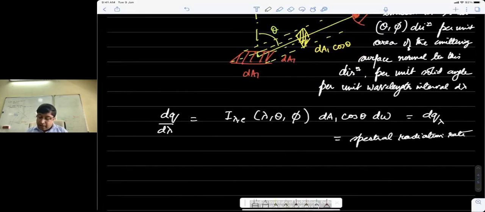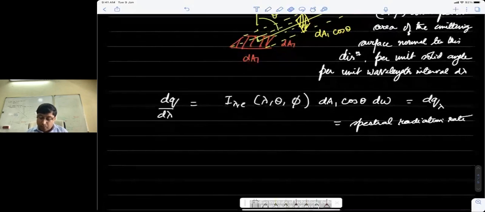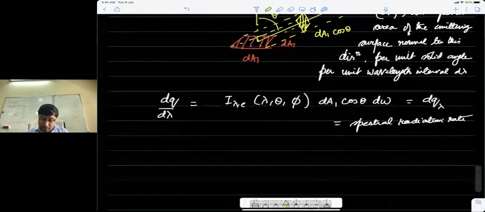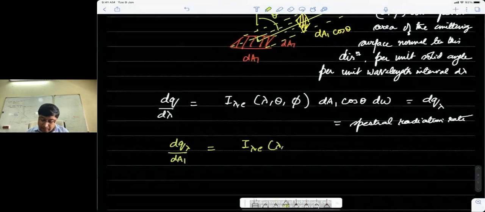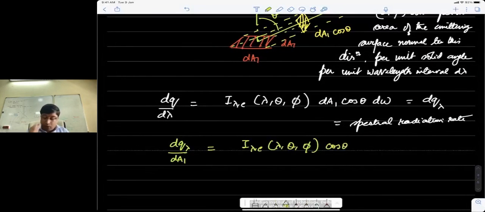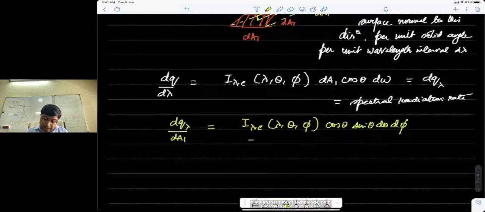So using the spectral radiation rate, we can then calculate the spectral radiation flux, because this is still a quantity which has units of watt per micron. What we are more interested in is quantities which are related to flux, or per unit area. So we can write dq_lambda by dA1 to be I_lambda,e(lambda, theta, phi) cosine theta d omega. And now remember, d omega is going to be sine theta d theta d phi, and this is called as